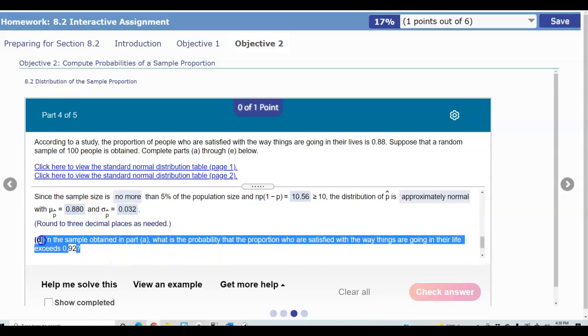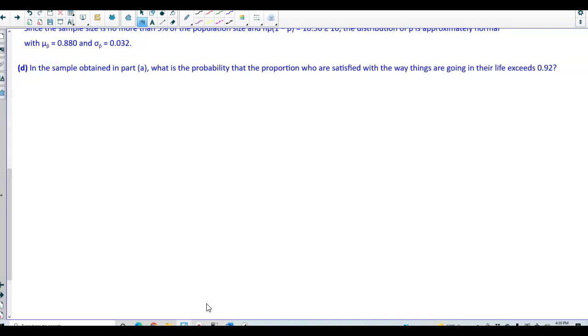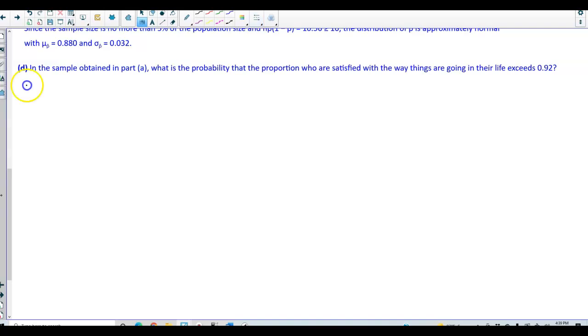Okay, now the next question says, in the sample obtained in part A, what is the probability that the proportion who are satisfied with the way things are going on in their life exceeds 0.92? Okay, so let's take a look at that. So what does that mean? That means exceeds, meaning that we want to find out what is the probability that the population proportion is going to exceed 0.92, which means that we want to find, okay, the bell curve